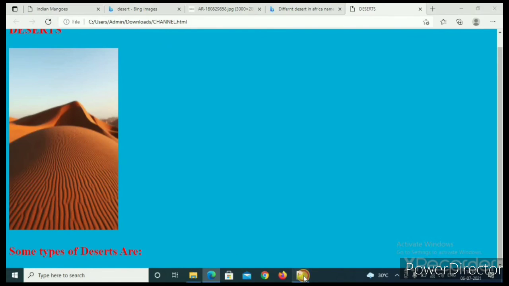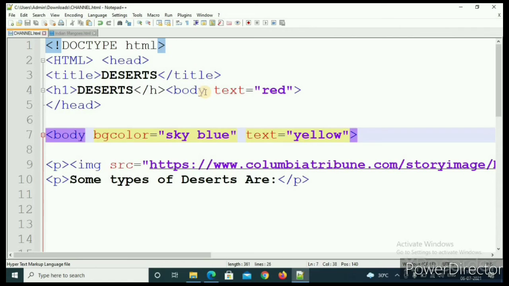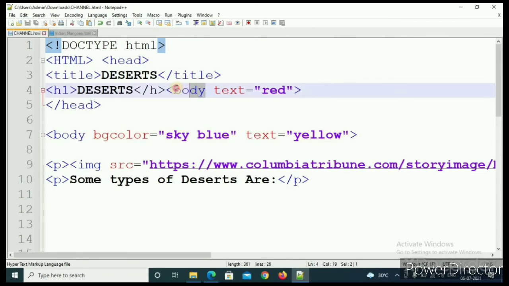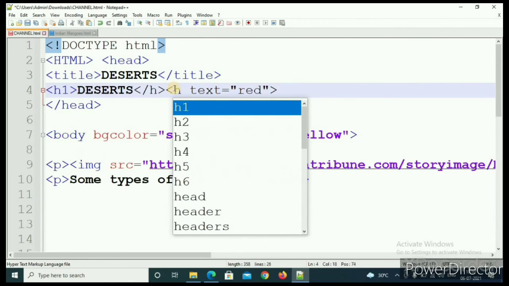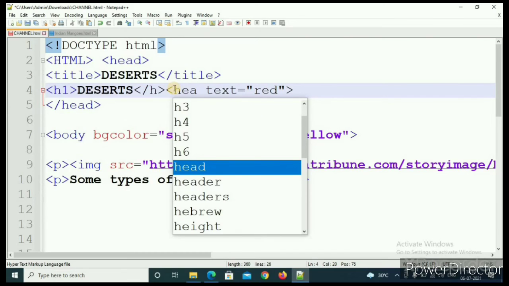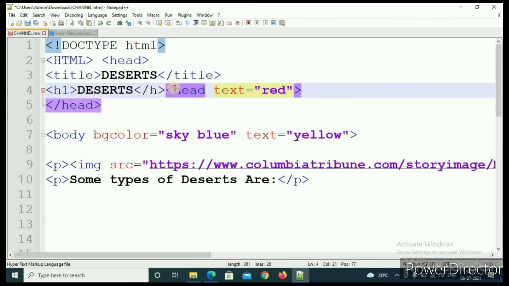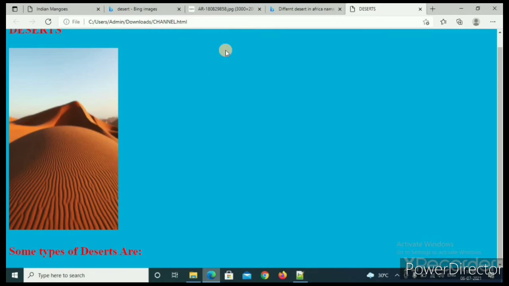No, it's not working, because here I have written body, I think. If I write head, I think now it will work. I'm not sure, I am just telling.